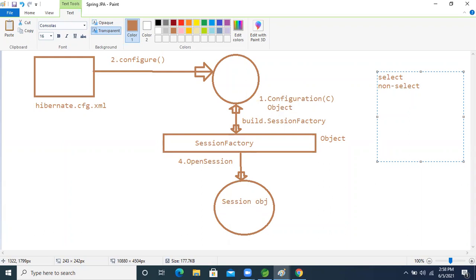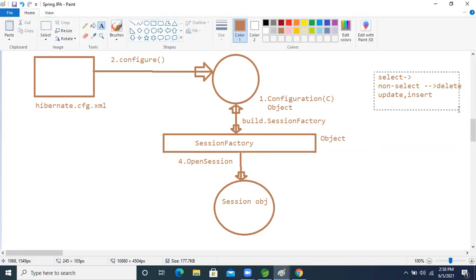In the non-select type, the operations we perform are delete, update, and insert. These come under non-select operations, and with select we only perform the select kind of operation.